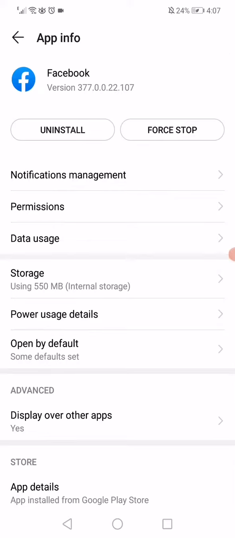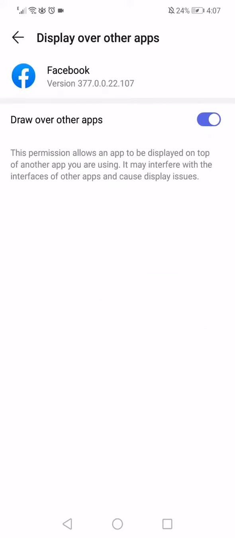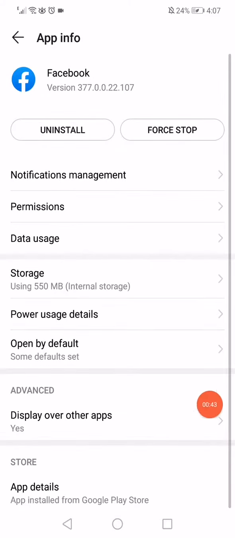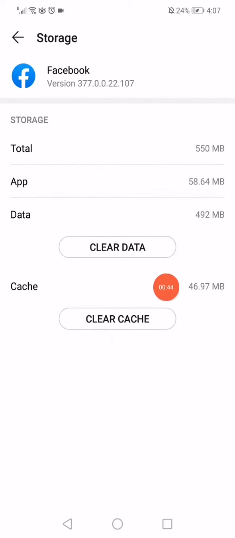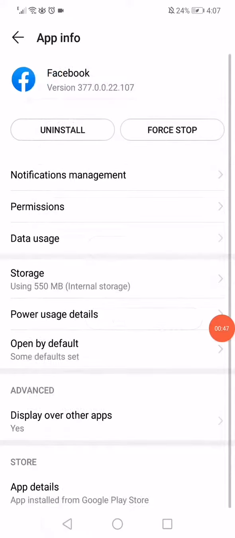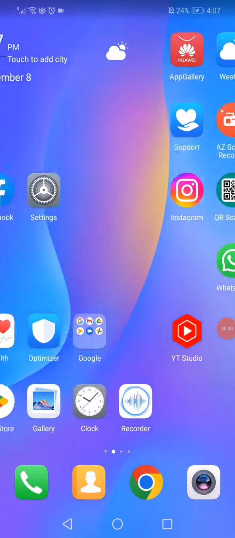your phone, just click on the force stop option and go down here to display over other apps and make sure that this option is enabled. Go back and now go to the storage, click on clear cache, go back, now reopen Facebook, and the problem